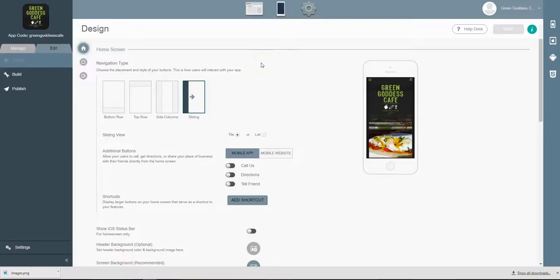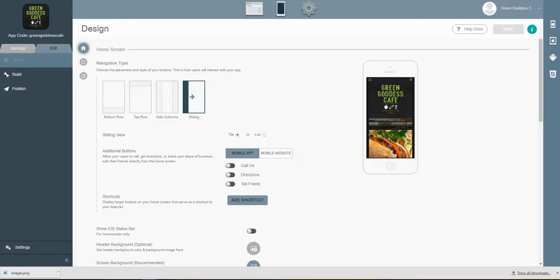In this tutorial, we're going to be going over how to add an Events v2 feature into your mobile application. The Events v2 tab allows for easy event promotion. You can add upcoming events. Easy I'm Going button allows users to RSVP within the application. It also includes an